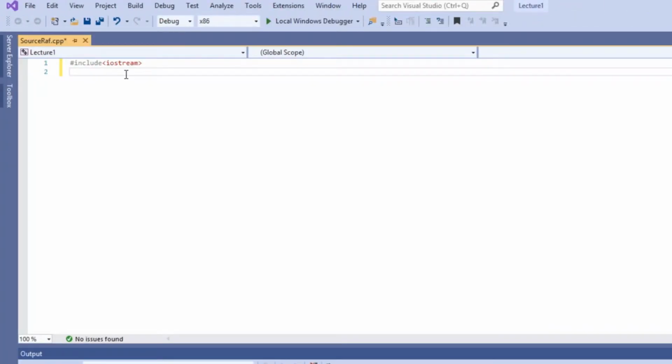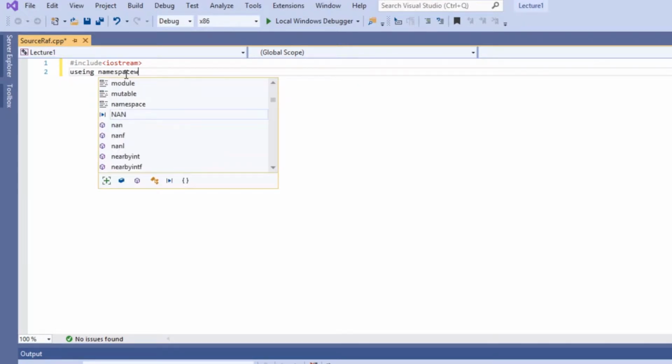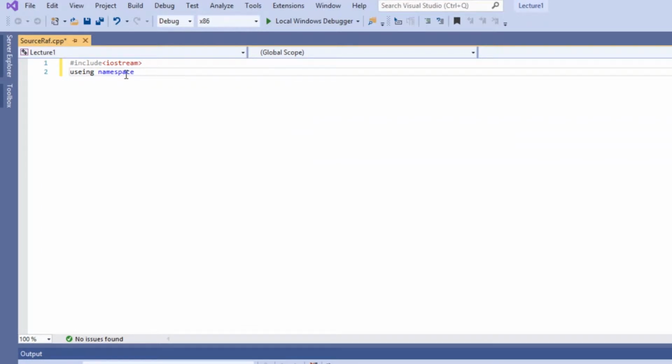Next, we will write another required statement, which is using namespace, and here the namespace is the standard one, std. We will need this as well. Next, we will start by creating the main part. Here I'll start by creating the main piece of your program, and everything will be written inside this main method or main function. So the statement will start with int main